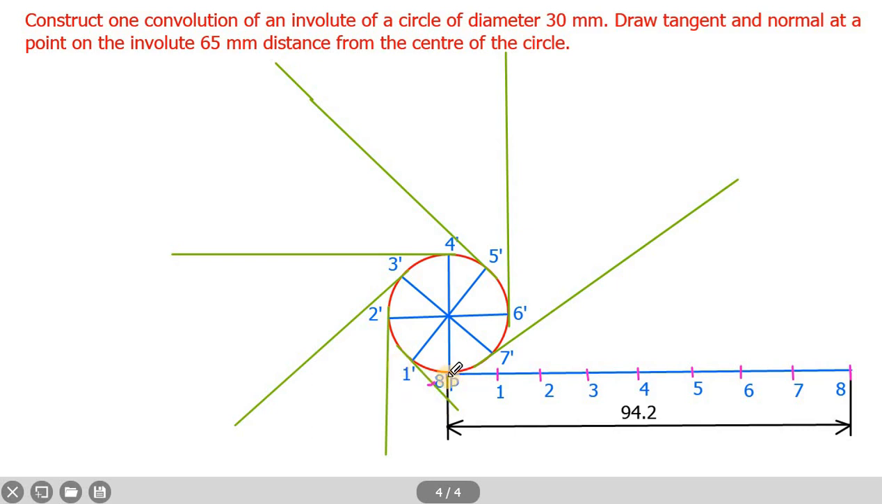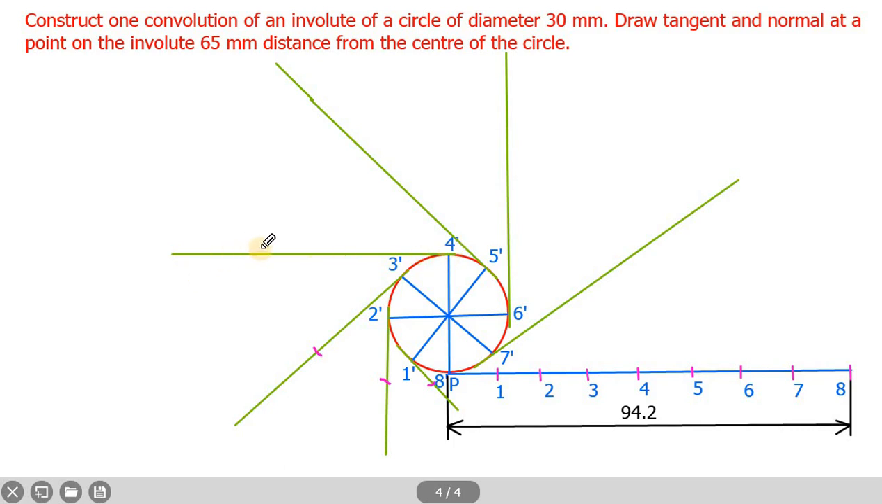Similarly, measure P2 distance and with 2 dash as center and a distance of P2, draw an arc on the tangent that is drawn from 2 dash. So it will be here. Similarly, with P3 as distance and 3 dash as center, draw an arc on the tangent line that is drawn through 3 dash. Similarly, with P4 as distance and 4 dash as center, draw an arc on the tangent that is drawn